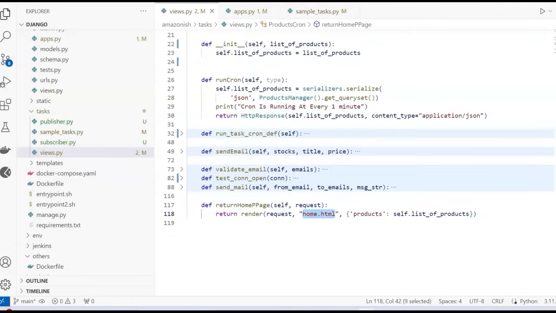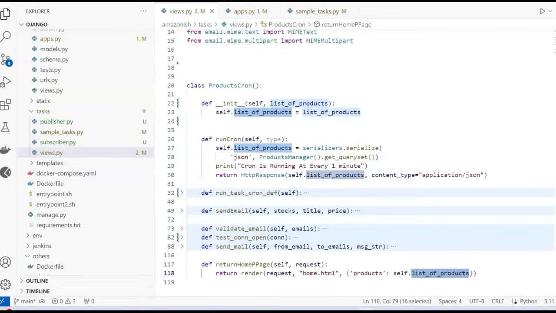Of course, we pass this list of products to be shown in the UI, but this is the cron which is consistently getting all the products. So that's why in that video you could see that as soon as I add the product, it is getting updated, because this is a cron which is consistently getting all the objects, and these objects are being passed to the UI. So that's the idea actually. So that was all about